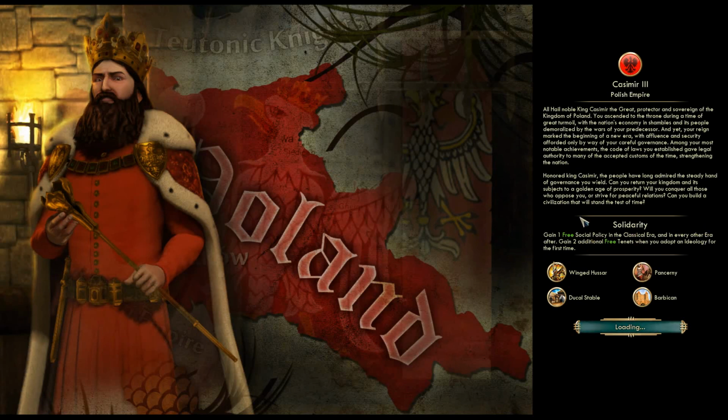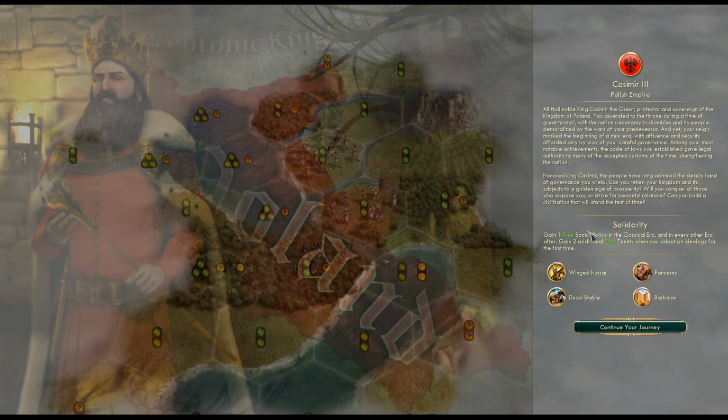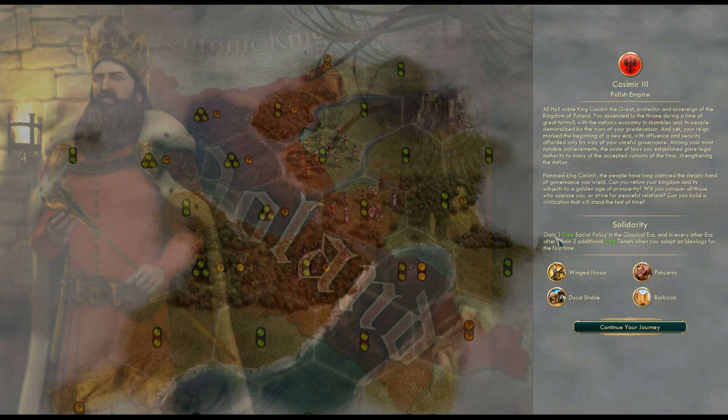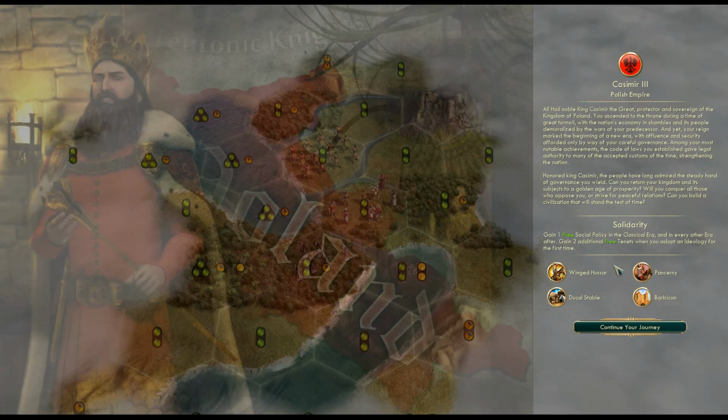So our unique ability is Solidarity. I guess everyone knows, there's nothing super complicated about this one. We are just getting quite a few free social policies throughout the game. The first one we get in classical era, and then every other era we get another one, and then we get 2 free tenets when we adopt ideology. So that's one thing, and then where do we start? I think I'm gonna start with our unique units,